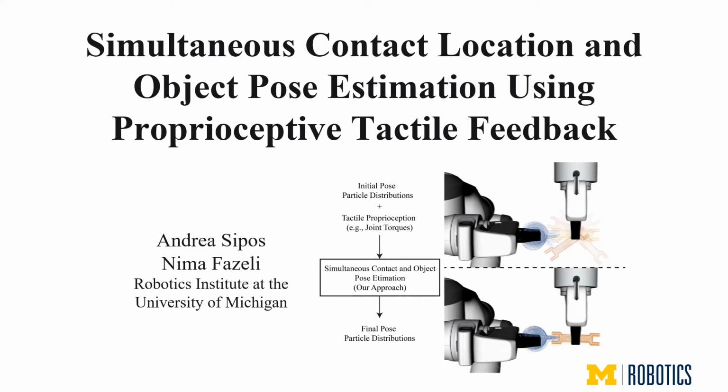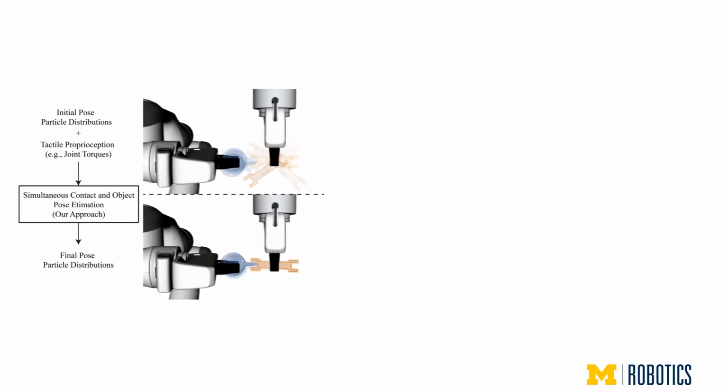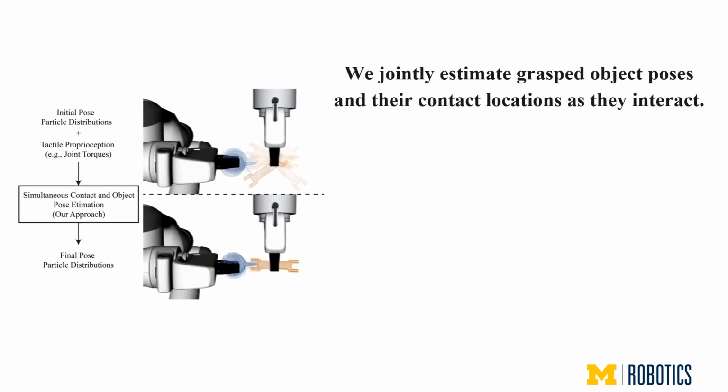Hello, my name is Andrea Sipos, and today I will be talking about simultaneous contact location and object pose estimation using proprioceptive tactile feedback. To jointly estimate grasped object poses and their contact locations, we make three assumptions: that objects